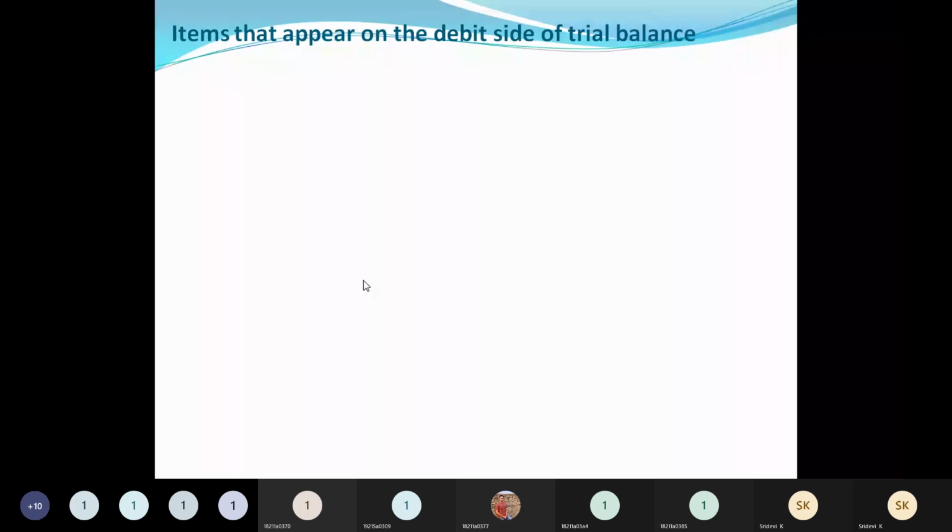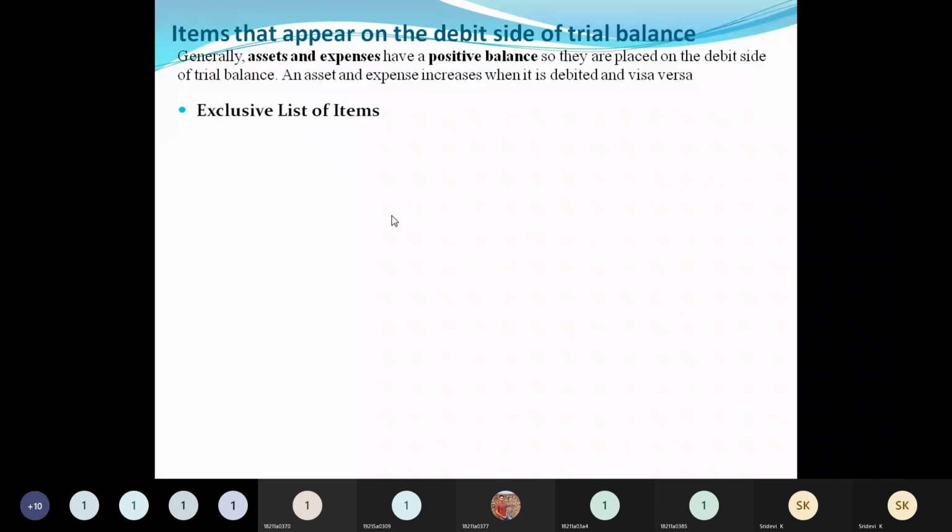So let us see what are the items that come under the debit amount column first. This list you need to remember, so that if you identify any item that I am giving you now, you are going to show it in the debit amount column of the trial balance. Because we are having two amount columns now. If you see land and buildings, the amount given in front of land and buildings you have to show in the debit amount column of the trial balance.